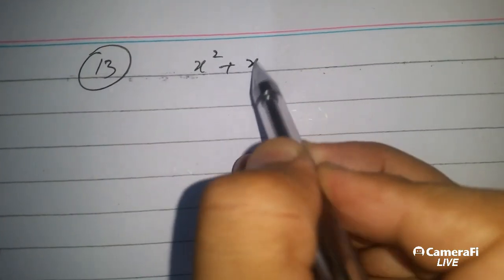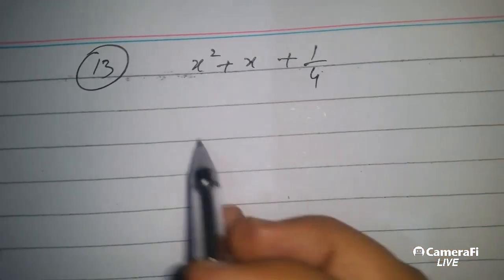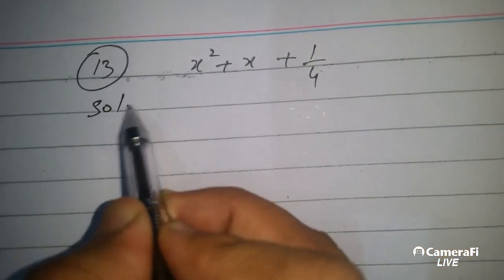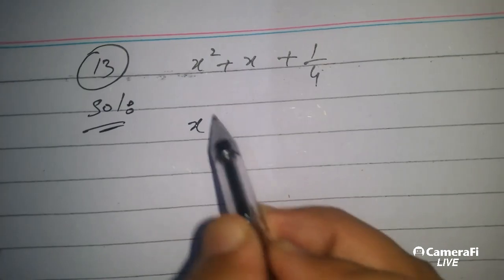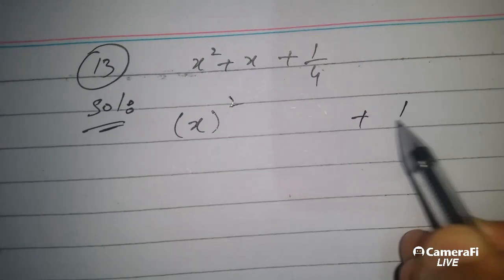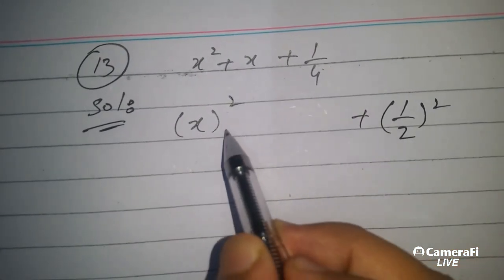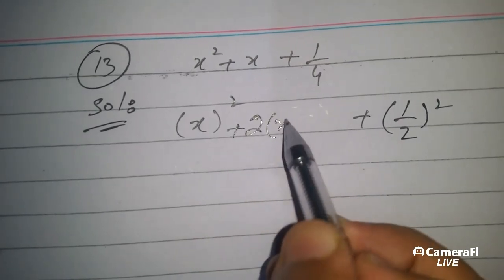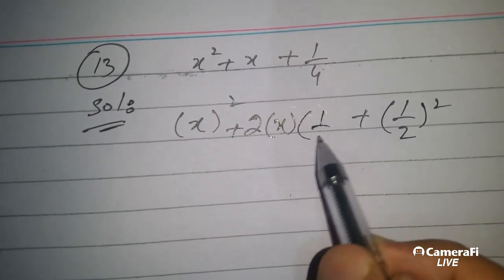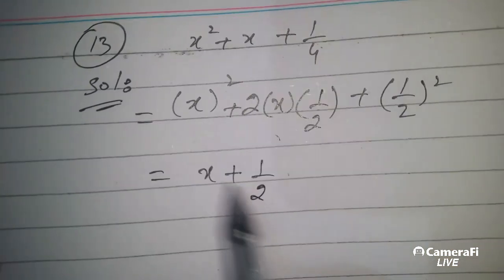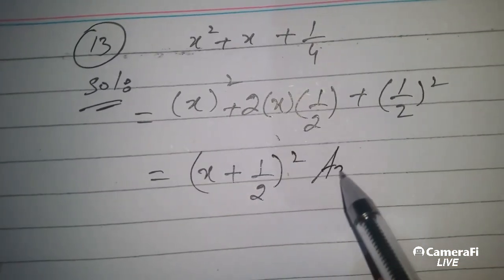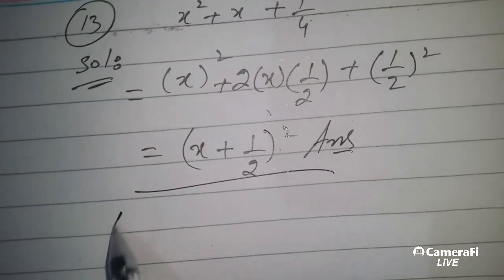13 का, ये है मेरे पास x² प्लस x प्लस 1/4। अब इसे भी आप देख सकते हैं कि इसे 1/4 का स्क्वायर लिख सकते हैं, इसे 1/2 का स्क्वायर लिख सकते हैं। यहाँ पे 2 फार्मूले का लिखा, पहली रकम यहाँ से उठाई और दूसरी रकम यहाँ से उठाई, प्लस 1/2 का होल स्क्वायर है। तो यही मेरा आंसर है। क्वेश्चन नंबर